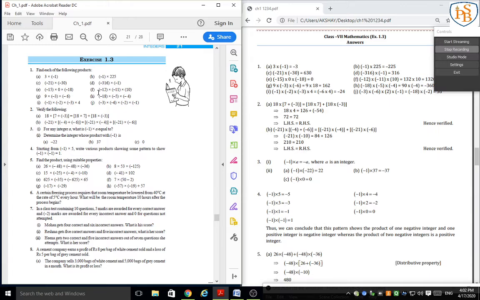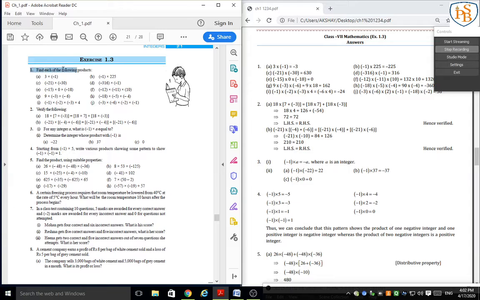I know that you don't have the book, so you can stop this video and solve this exercise at home, but before that we will solve this exercise orally. It is very easy. Before that, if you have any queries, you can listen carefully to our first video again, or listen to this video again from the starting point. Okay, without wasting our time, we are going to start exercise 1.3.